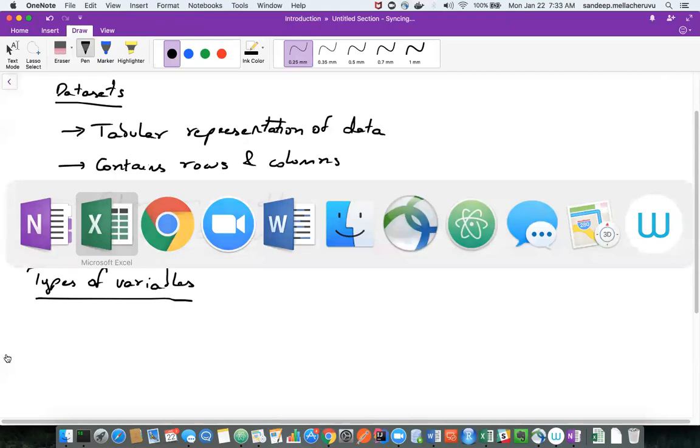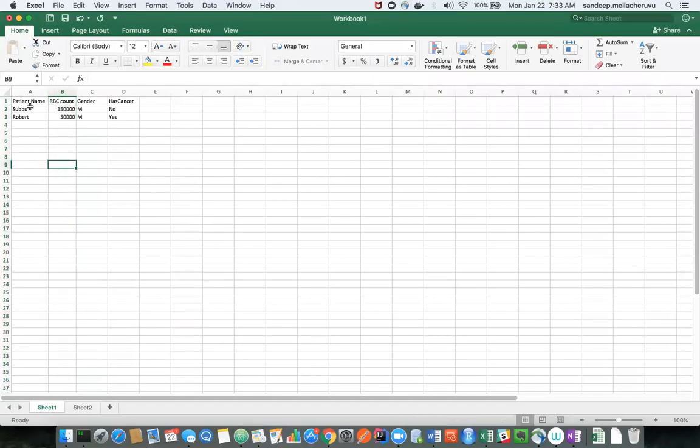In this data set, whatever I gave you just now, which is a simulated one, I gave you various variables. Each variable is actually of a different type. You'll notice that patient name is a different type of variable compared to RBC count.